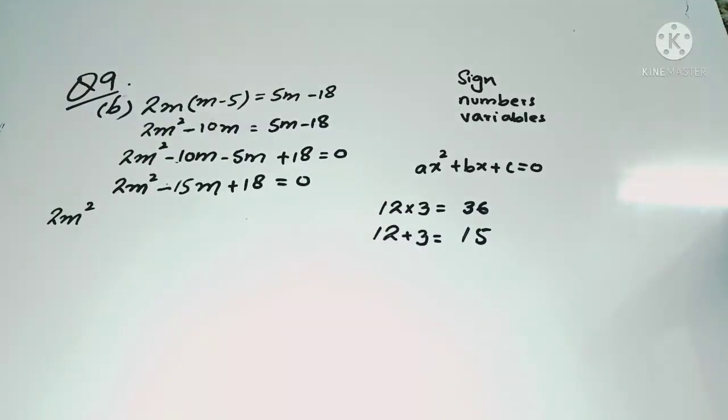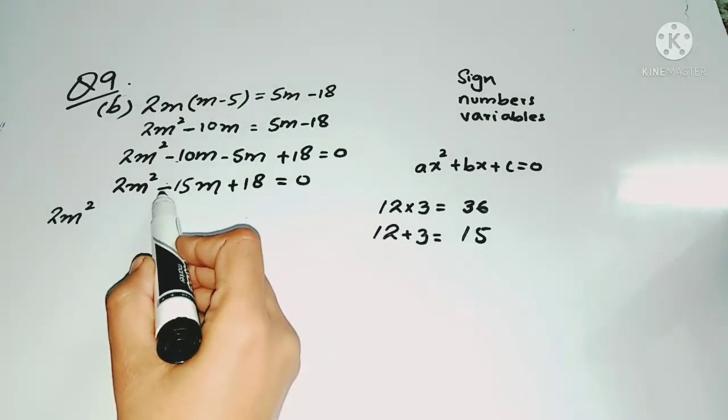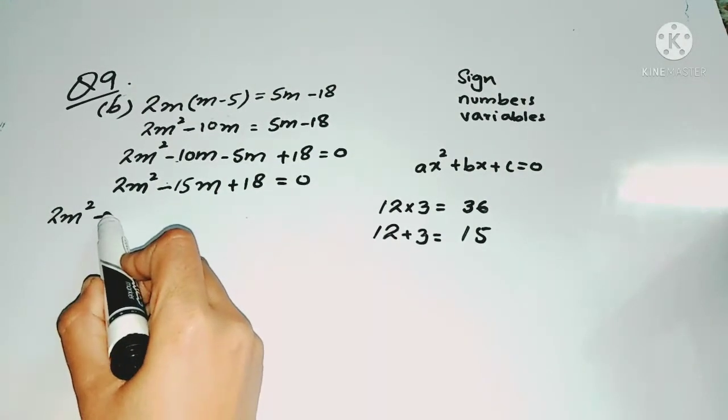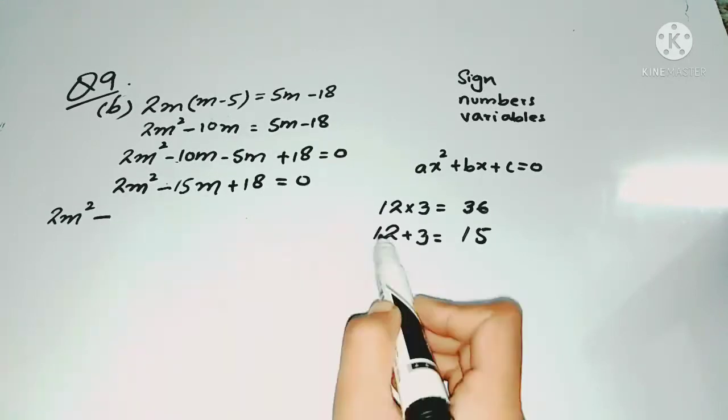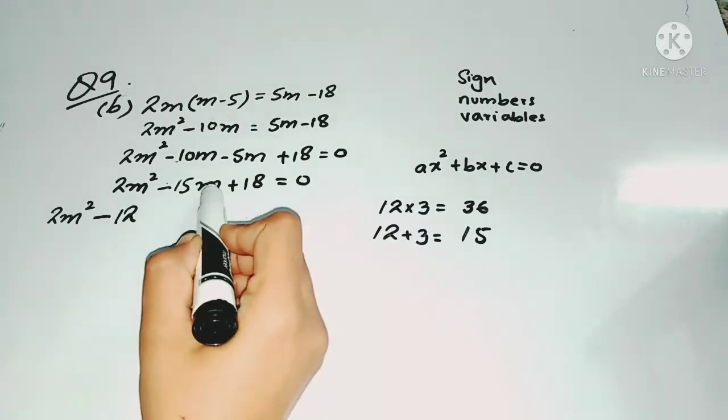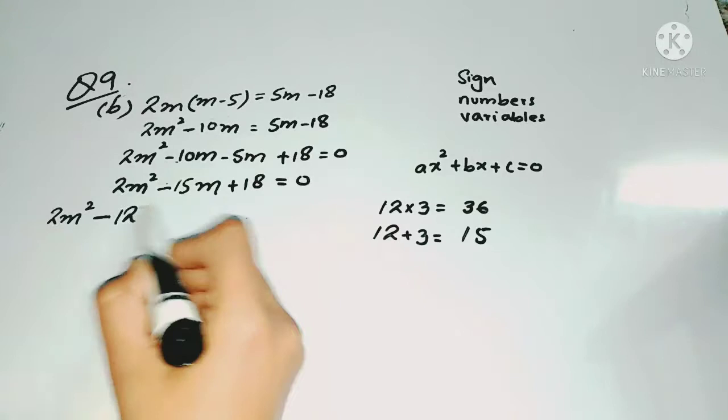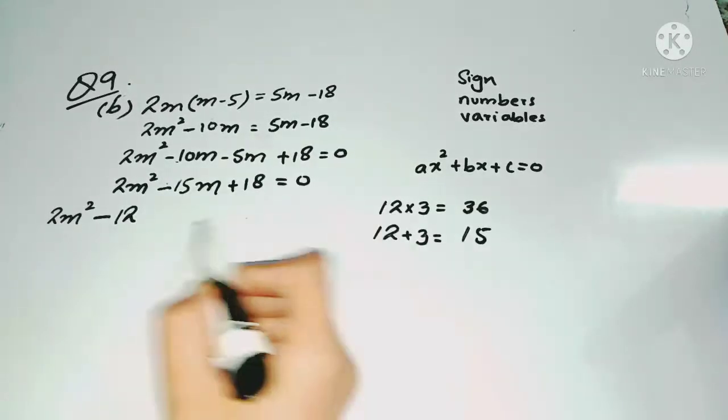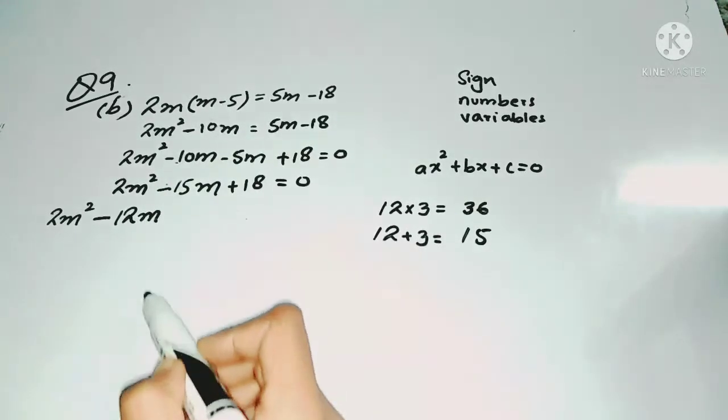Now, when you write down the factors, remember two rules. First, you have to put this sign, which is minus, and the other rule is first you have to write down the bigger factor, which is 12. Write down this variable with both factors. You write down m. Now you have to choose the other sign.